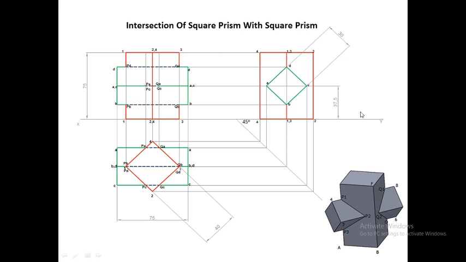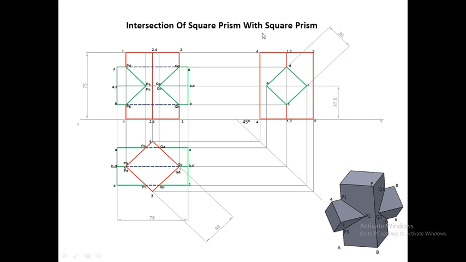Now we will join the points. So D to C dark line and again C to B dark line. Similarly on the right side we will join QD to QC with the help of a dark line and QC to QB with the help of a dark line. This portion, that is D to A, is hidden, that is we cannot observe it from this side, but D to A is overlapping with D to C, so we can't show it with the help of a hidden line. So always remember that whenever a hidden line and a visible line are overlapping with each other, you have to always show the visible line.